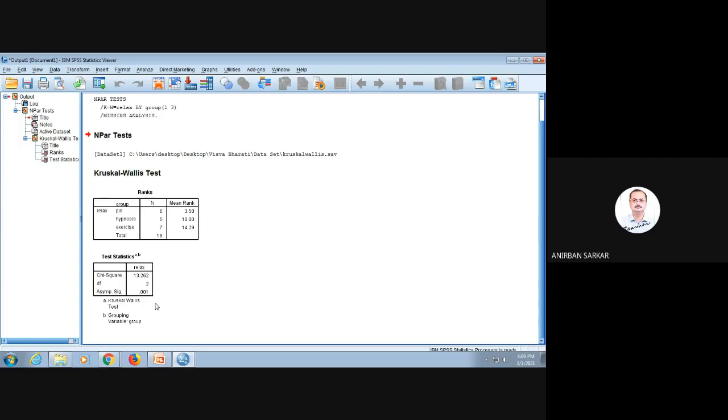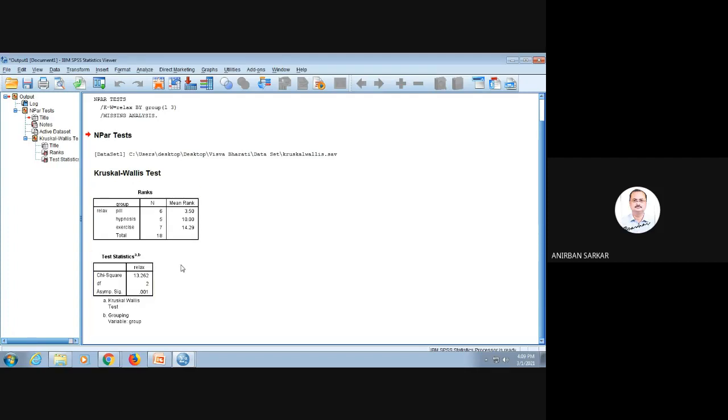Now, since there is a difference in the ratings of the relaxation techniques, statistically it is significant that there is a difference in the ratings. Which rating is better, we have to find out by going for a one-tail test. If you divide it by 2, you will get the one-tail test, and you will get the null hypothesis rejected.